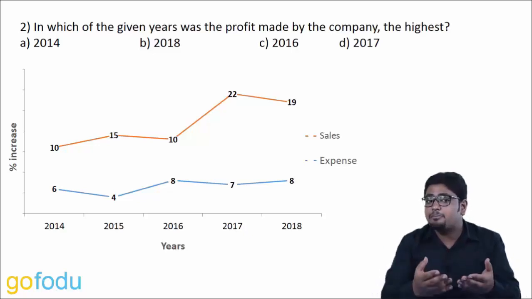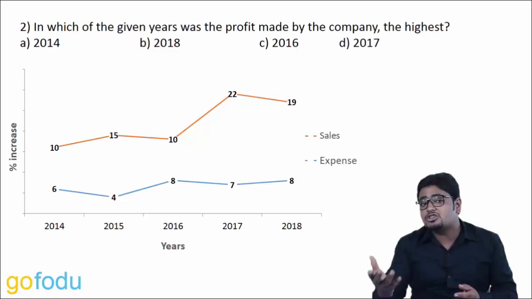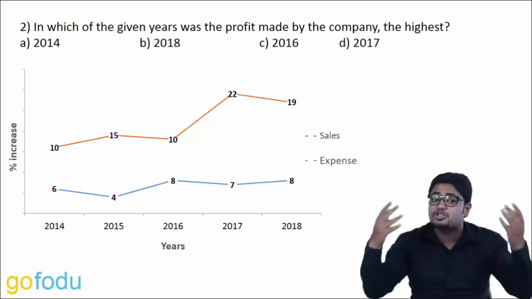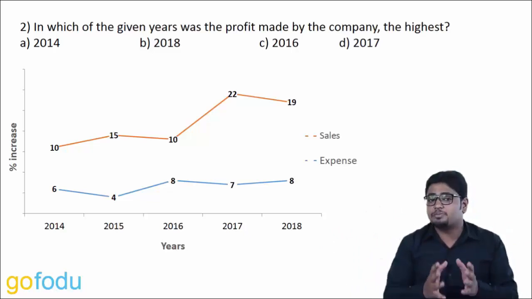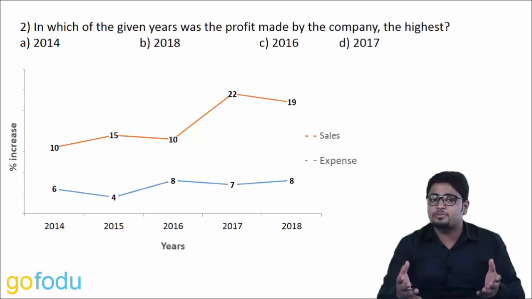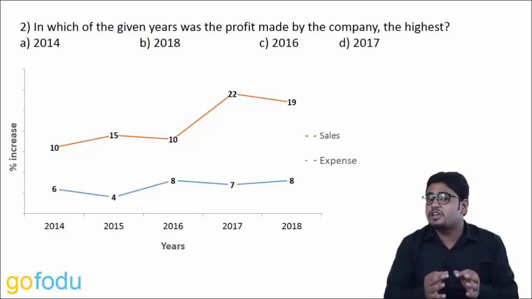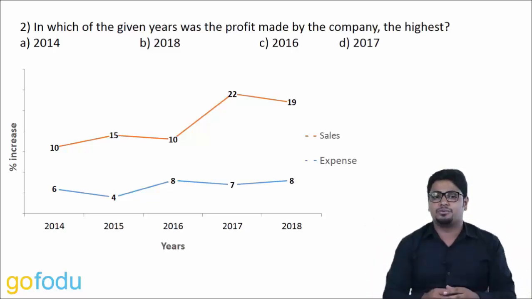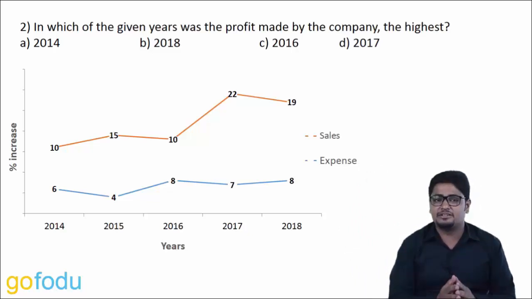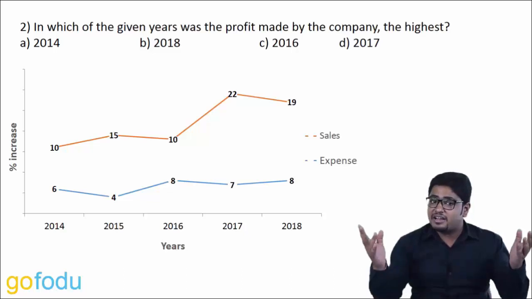Sales was already bigger and now the increment is also bigger. So, now the actual sales have become much bigger. Expense has also grown, but with a small rate of 6% only. So, overall difference between sales and expense, which we call profit, has increased now. Same will happen in 2015. Sales will again increase by a huge 15% and expense will increase by a mere 4%. Again, the profit will increase.